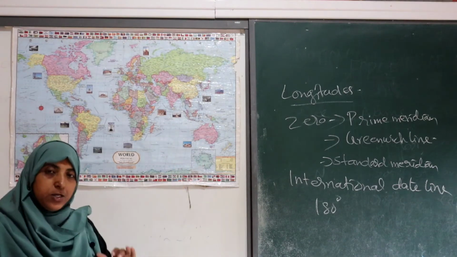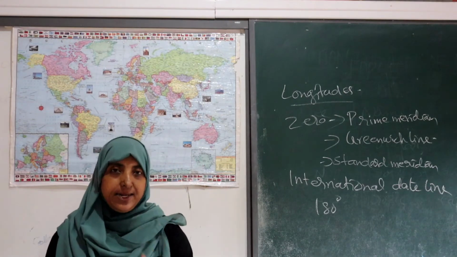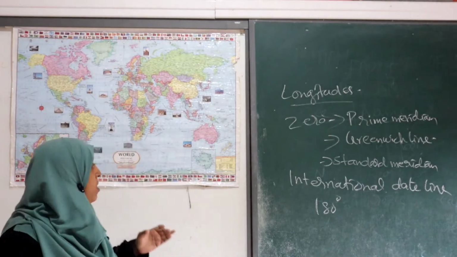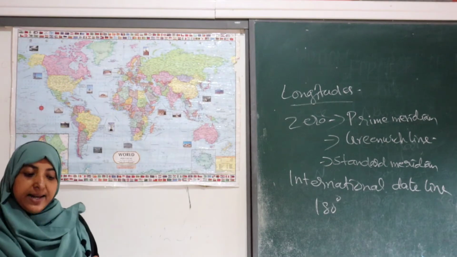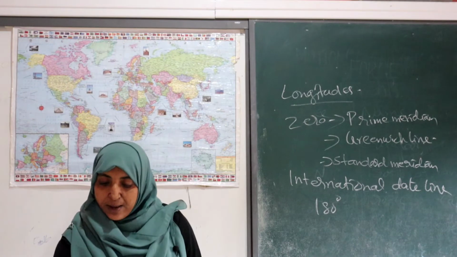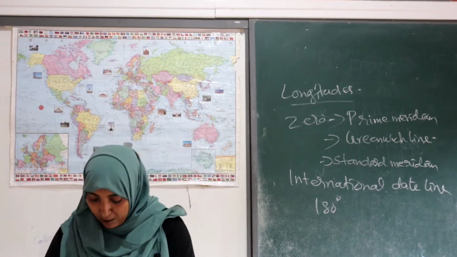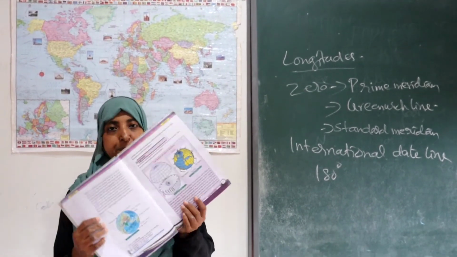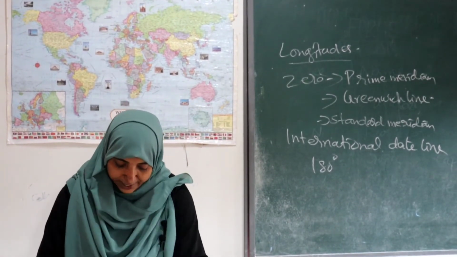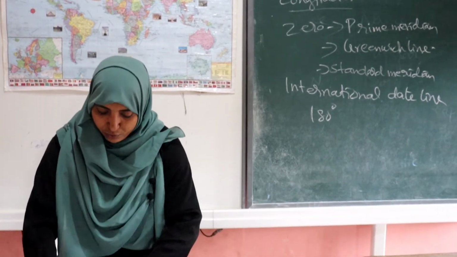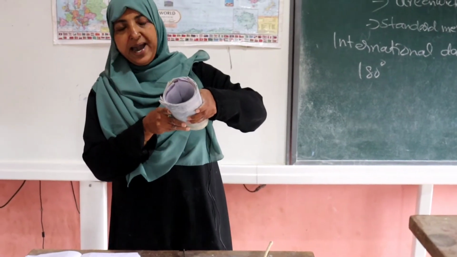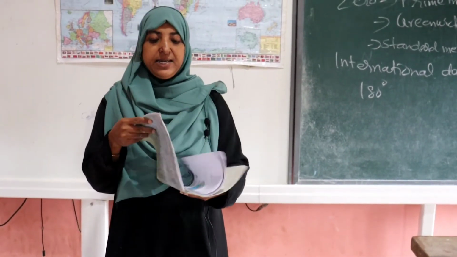In the map you can see two international date lines, but actually there is only one international date line. Then why can we see two international date lines in the map? Because a map is the flat model of the earth. Okay, all of you listen here. Suppose it is a map. Then I am going to roll it, I am going to fold it this way. It changes into a circle shape. But in the case of a map, we can see it's a flat one.